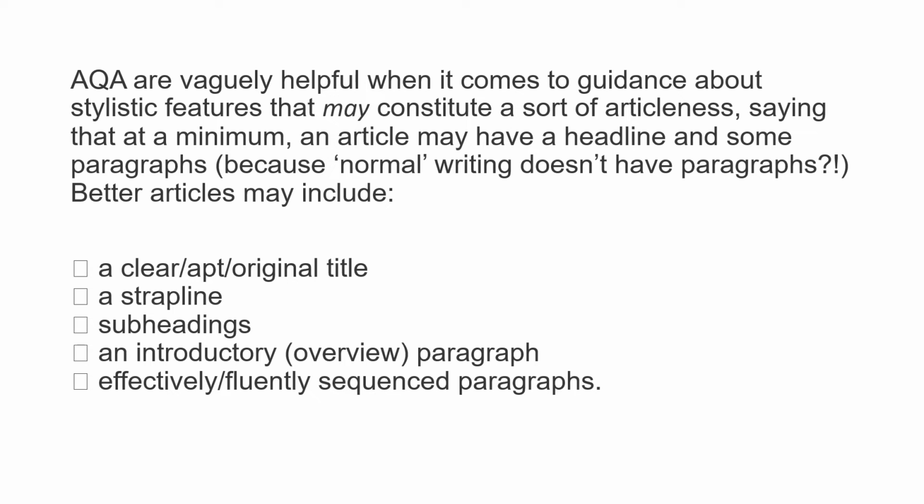So AQA are actually vaguely helpful when it comes to guidance about the stylistic features that may constitute a kind of sort of articleness, saying that at a minimum, an article may have a headline and some paragraphs, and better articles may include. So this is your checklist: a clear, apt, original title, so a headline, a strapline, which we've just talked about. So a summary, you can use subheadings if you so choose to summarize your main ideas, an introductory overview paragraph, and fluent sequenced paragraphs. So these are the sorts of things that you want to include